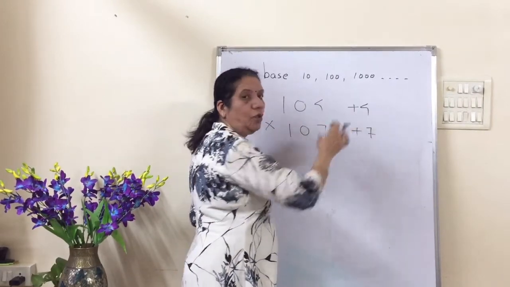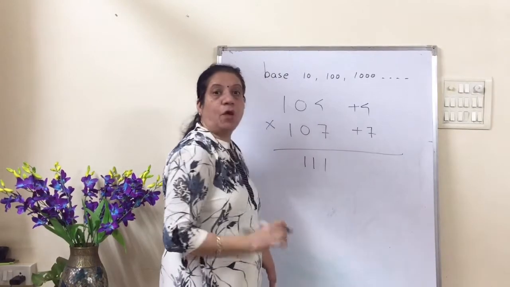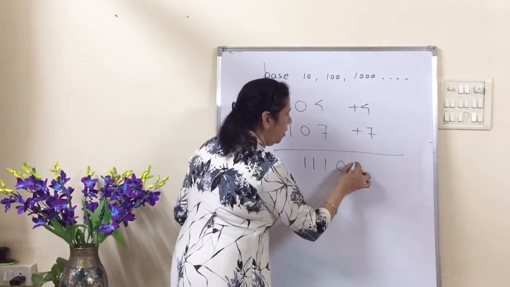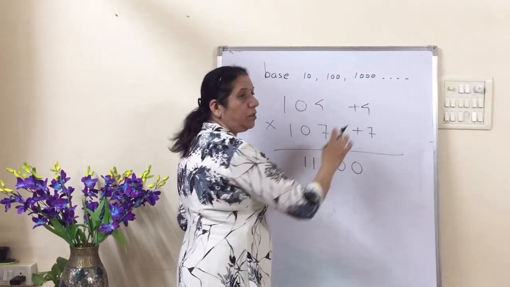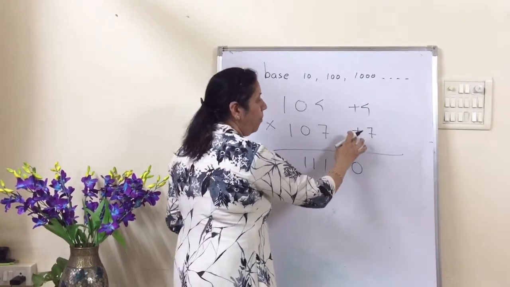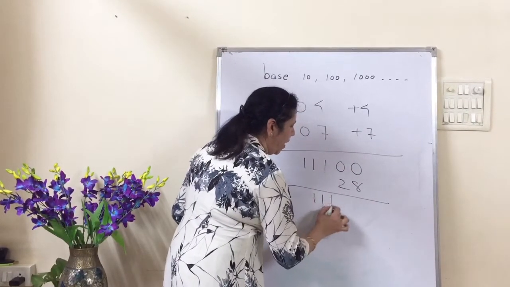If you count this also, 111. So we will write down here 111. We'll put 2 zeros as usual. Why? Because the base is 100. And now what is 7 4s? 28, and both are positive. So we will add both the numbers and we get the answer. Final answer is